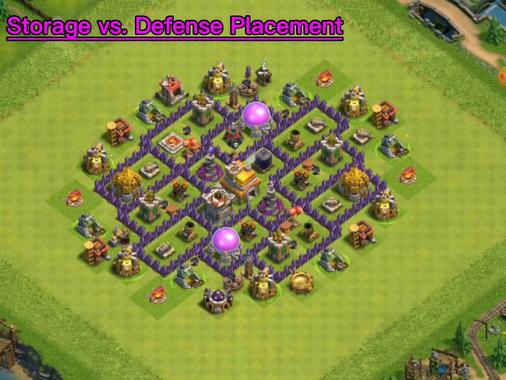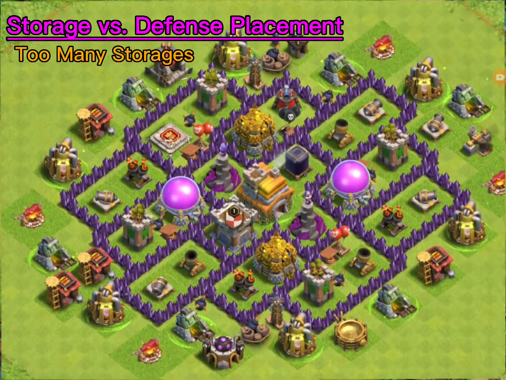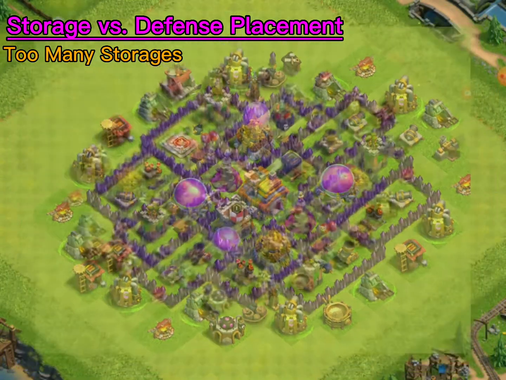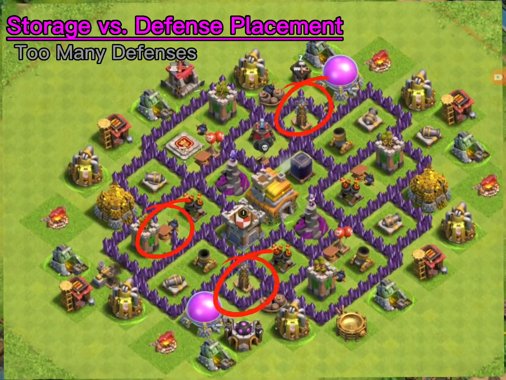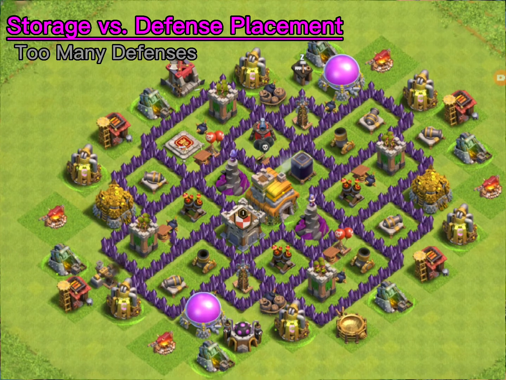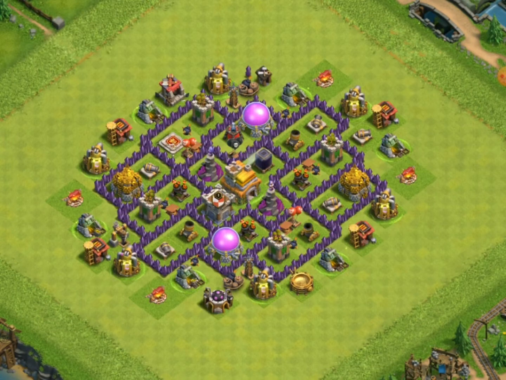An important tip for if you want to make your own base design: make sure you don't put all of your storages too close to the center of your base, because this would make your important defenses exposed near the edge too much. Likewise, if you put all of your storages outside the base and use their walls somewhere else, the opponent can easily take the loot stored inside the storages, and then your defenses have nothing to defend except the town hall. That is the end of the base